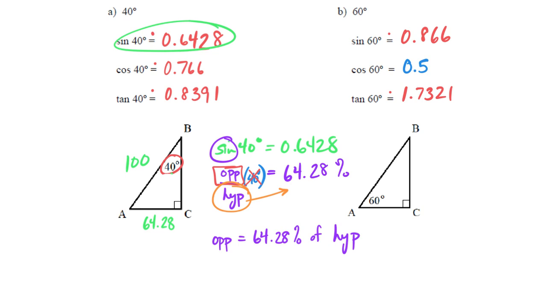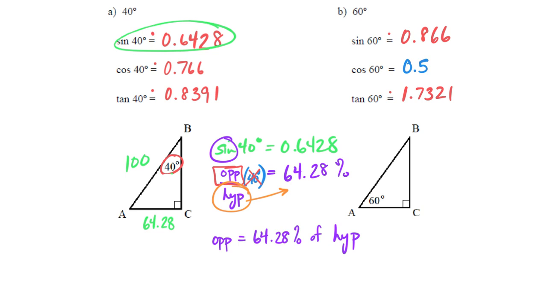Has to be, because my opposite is 64% of my hypotenuse. Those big ugly decimals have meaning. I'm hoping that helps us out to understand them. To check and see where our understanding is, can we take a look at the problem in B and look